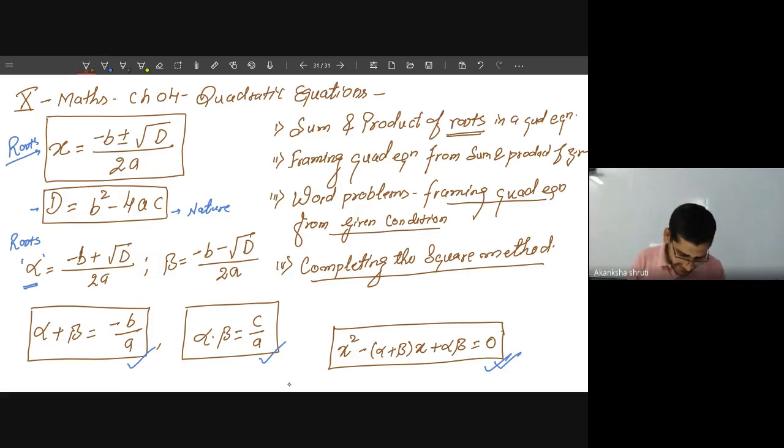Then by adding these alpha and beta, we can get this one. This we will see today. How by adding these two, we can get this one. Means adding alpha and beta, we can get this. Multiplying alpha and beta, we can get this. Then just by reverse, means substituting alpha plus beta and alpha beta in x square minus (alpha plus beta) x plus alpha beta, we can get the required quadratic equation. This thing we will cover. Also, if the time permits, we will solve a few word problem related questions.